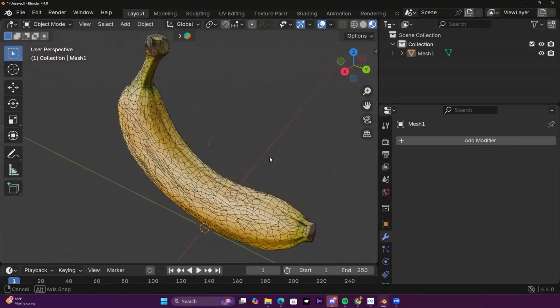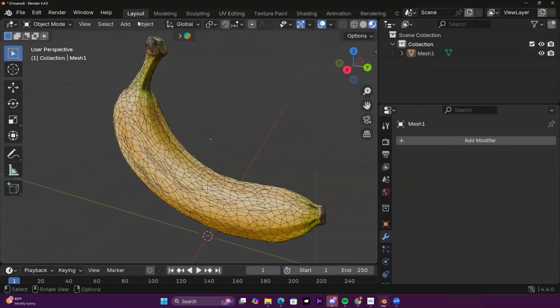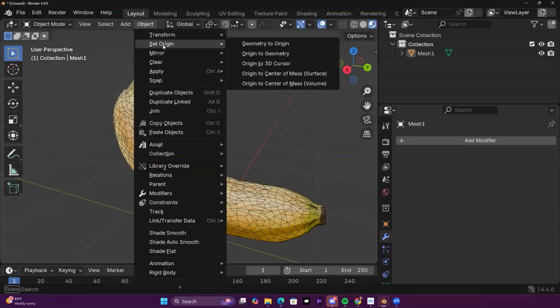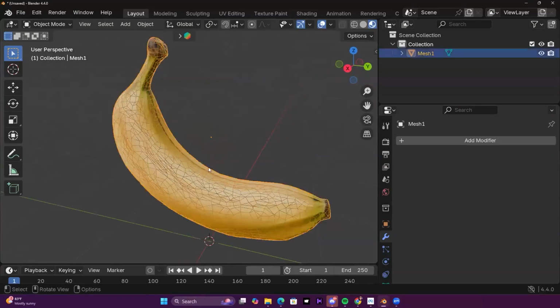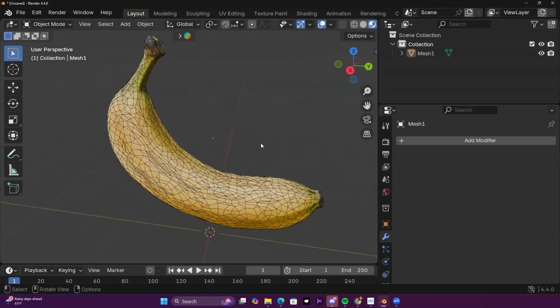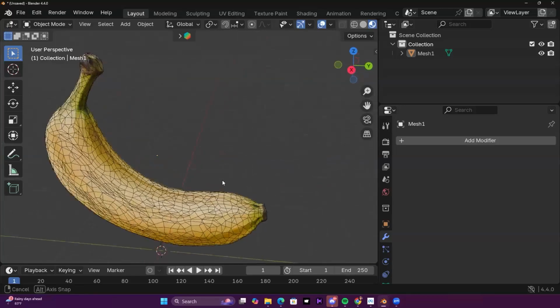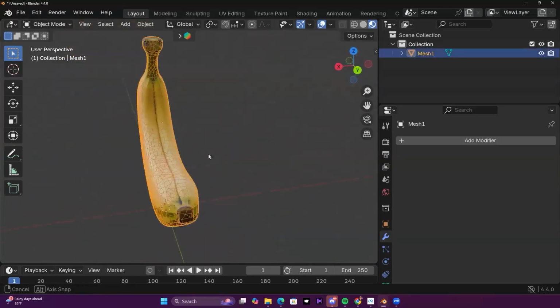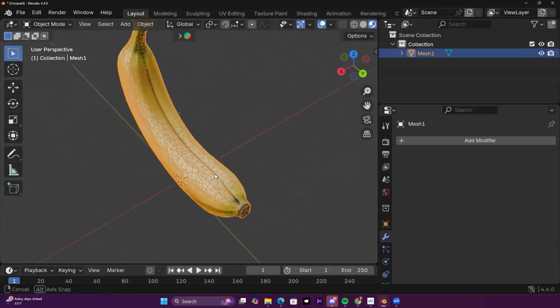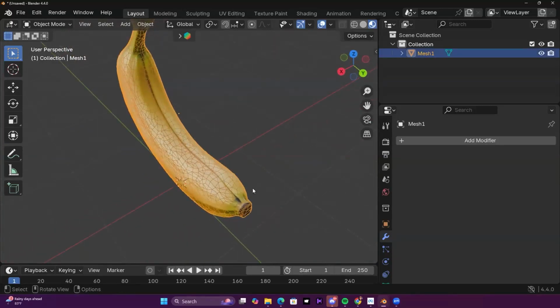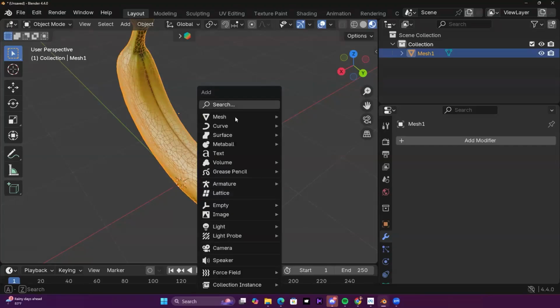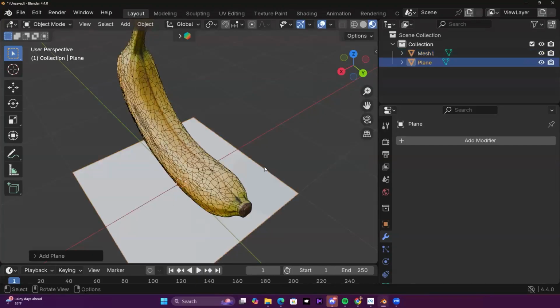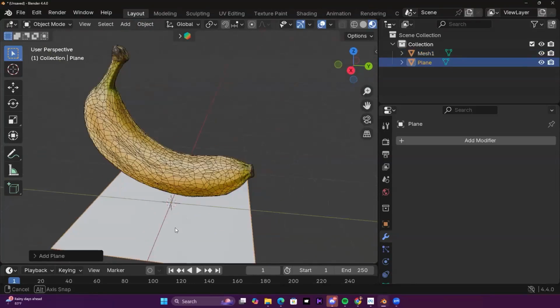First off, you can totally, hold on a second. Set origin to geometry. Okay, that's totally in the center. That's fine. Okay, so first off, one trick that we can do is we can totally just create a geometry. So I'm going to do Shift A, create the mesh plane,